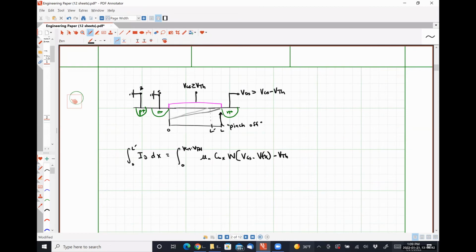I keep drawing capital H's, I apologize. dV. And performing this integration gives us